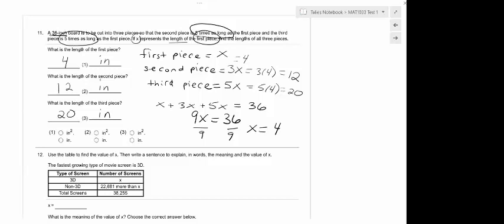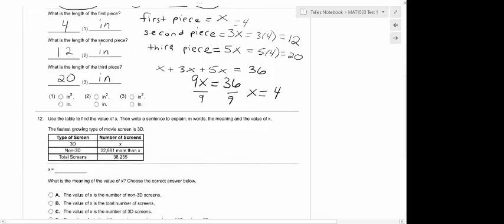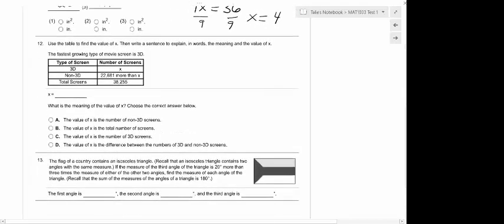Okay, so let's try number 12. Use the table to find the value of x, then write a sentence to explain in words the meaning and the value of x. Okay. First thing I want to do is look at this part right here where it says 22,681 more than x. What operation does more than refer to? Adding, subtracting, multiplying, or dividing? Adding. Adding, good. So this would be the same as saying